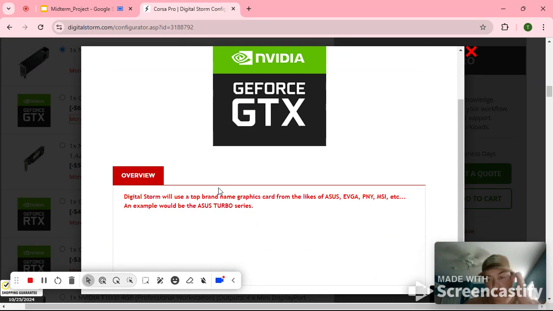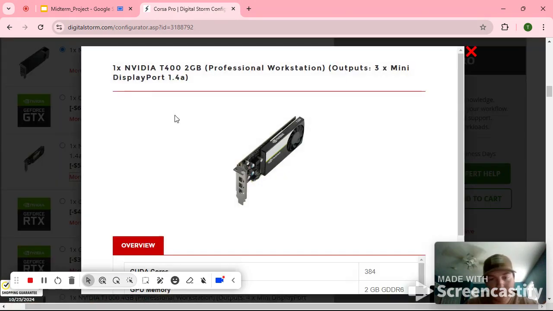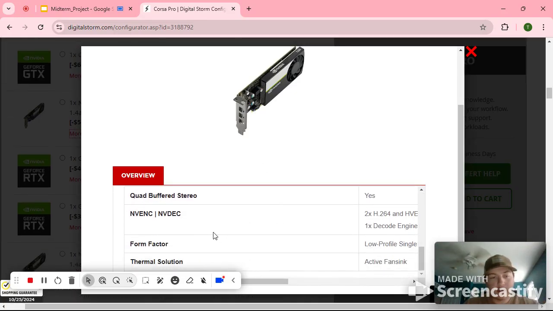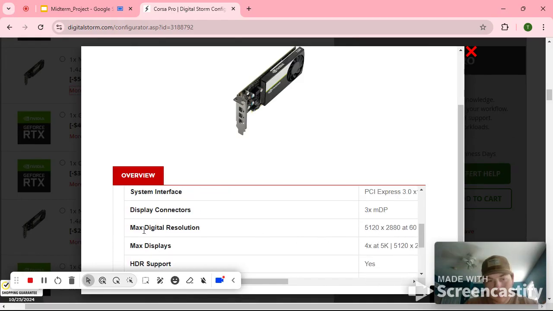This one is cheaper, but I don't see the specs on it, so I'm going to skip over it. We're going to go to this one. Go down to the resolution. Where is that? Right here, max digital resolution. 5,000 by almost 3,000. That's pretty much 5K right there. So that's even better than what is recommended,